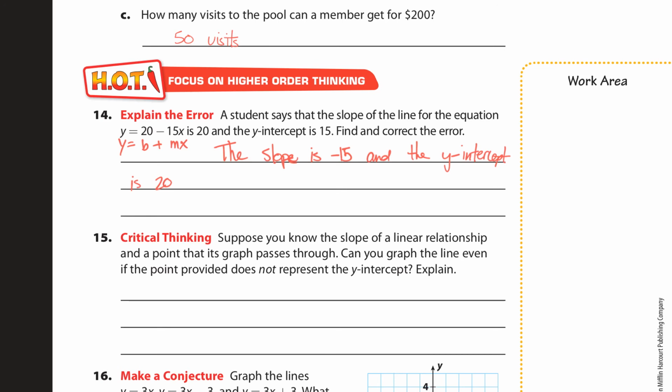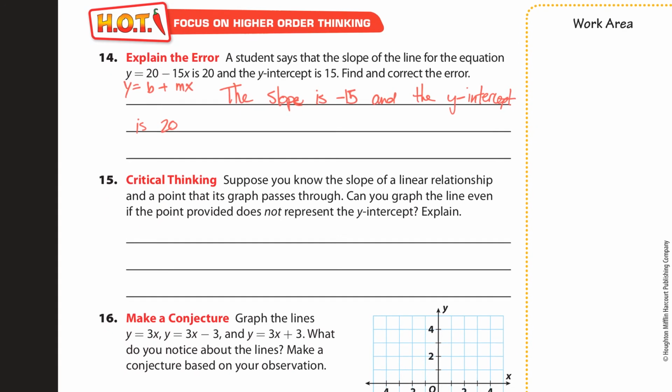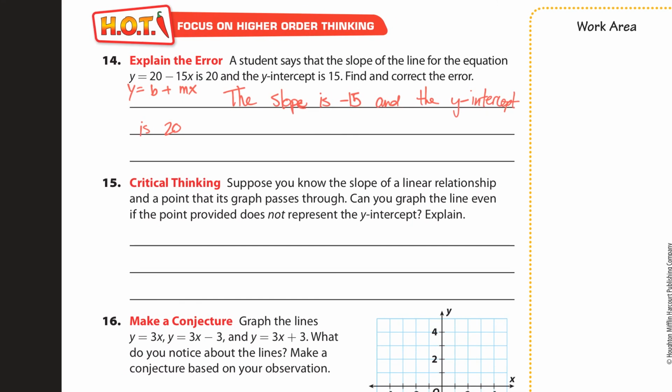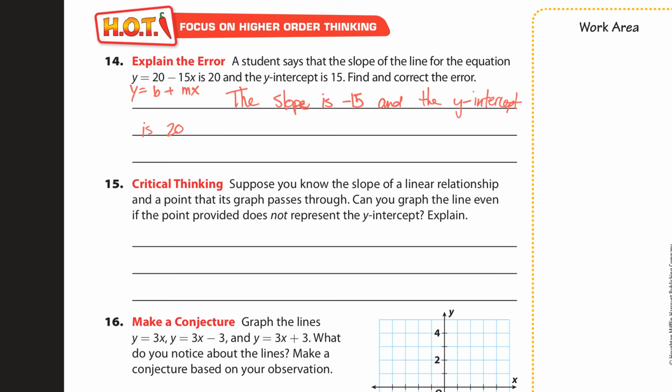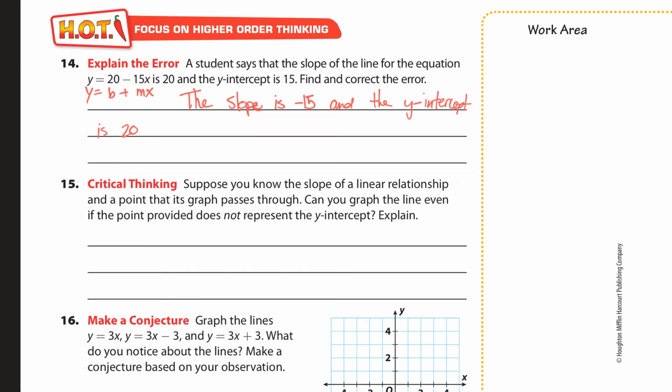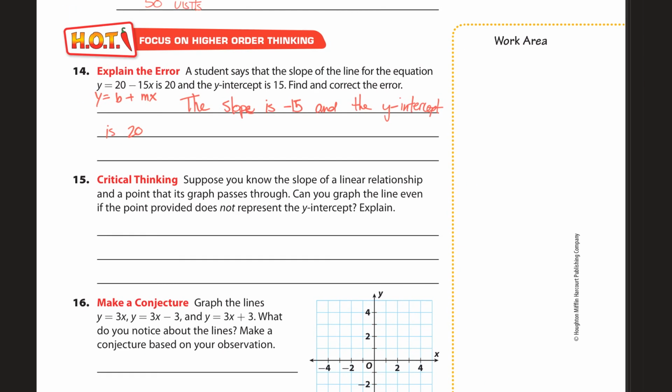So suppose you know the slope of a linear relationship and a point that it passes through. Can you graph the line even though it's not the y-intercept? So let's say you're given a slope of, I don't know, 1/2 and a point. Let's say that point is (1, 3). But notice that's not on the y-axis. That's not the y-intercept. So if I have (1, 3), 1, 1, 2, 3 here,